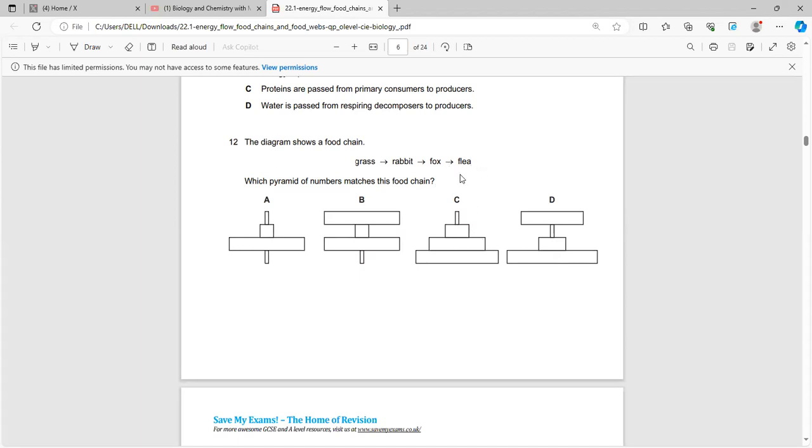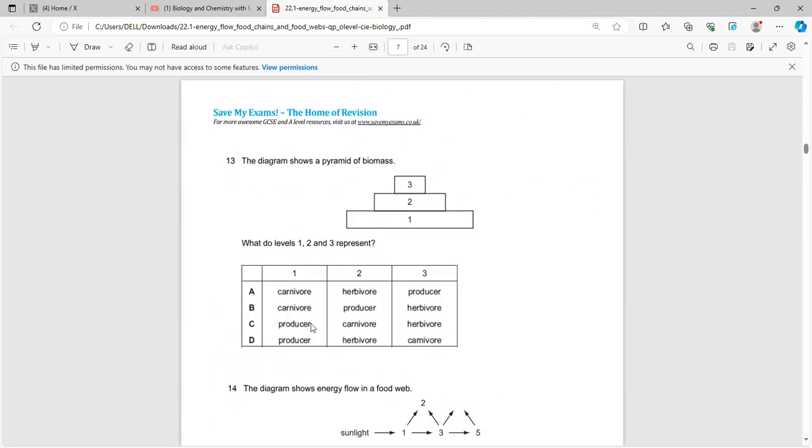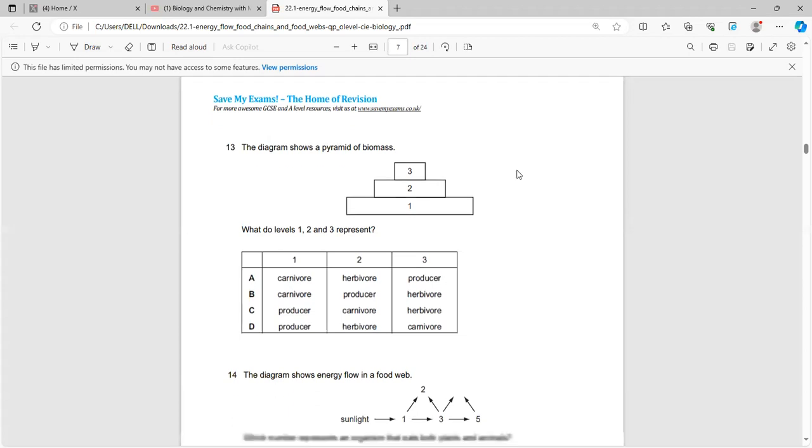However, the reason we would select option D is that there will be a large amount of fleas feeding on a single fox. Just imagine, there can't be a single flea on a fox, so option D will be correct. Now in question 13, on biomass, you need to know that the greatest amount of biomass is of the producers, followed by the herbivores, and finally by the carnivores.